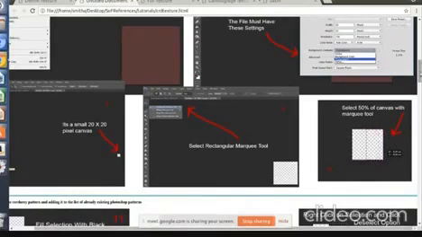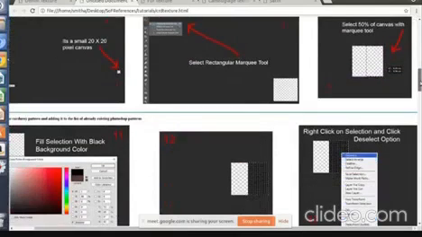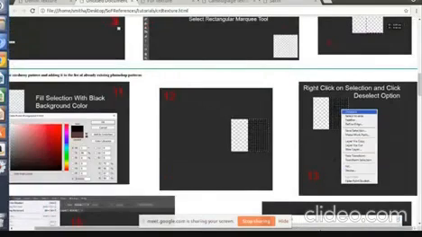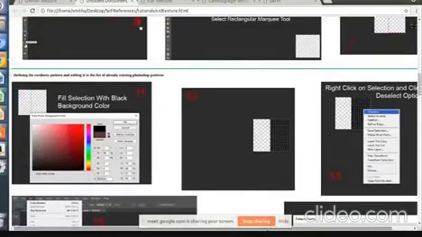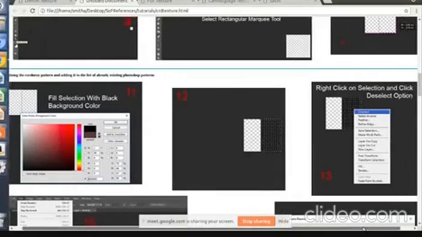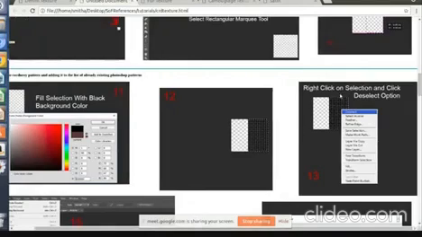So after selecting it with the rectangular marquee tool, you have to take the paint bucket tool and fill this selection with black color. After filling it with black color, still a portion of the canvas is selected with the marquee tool, right?